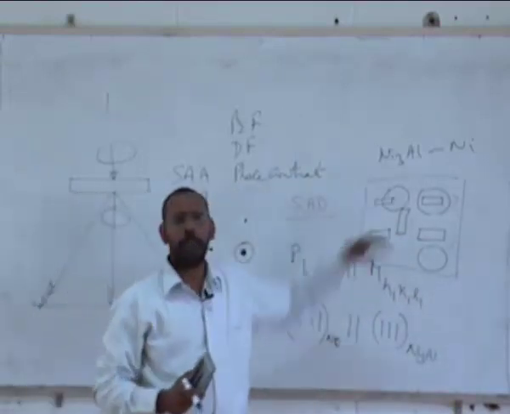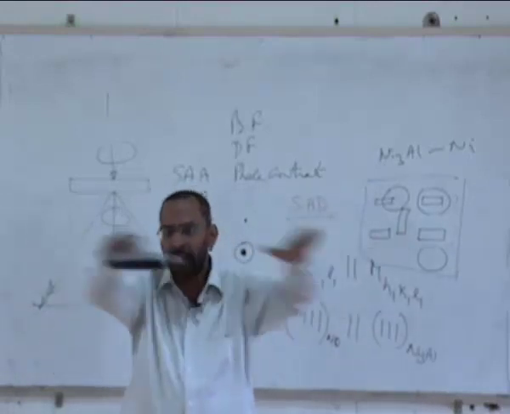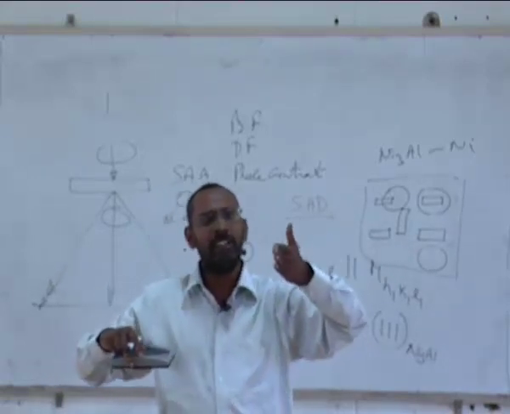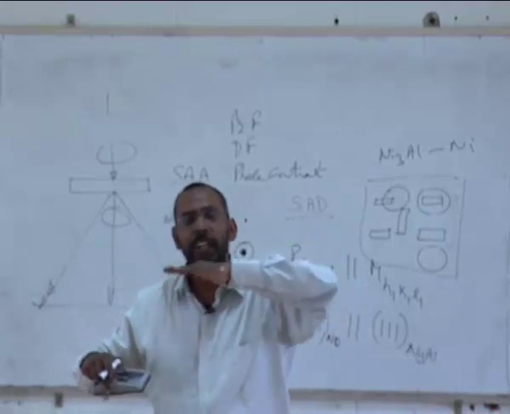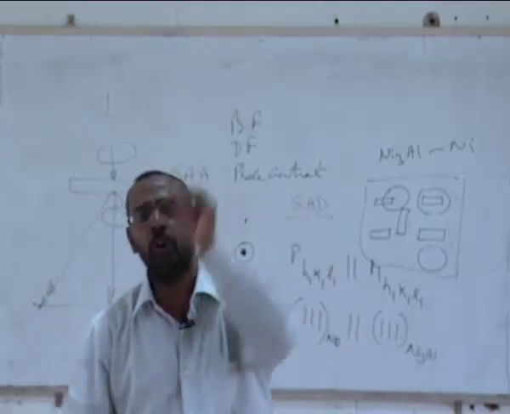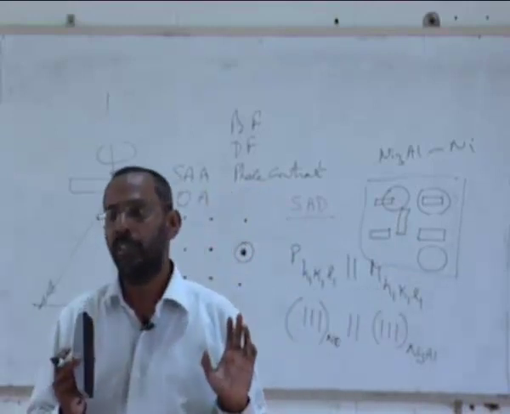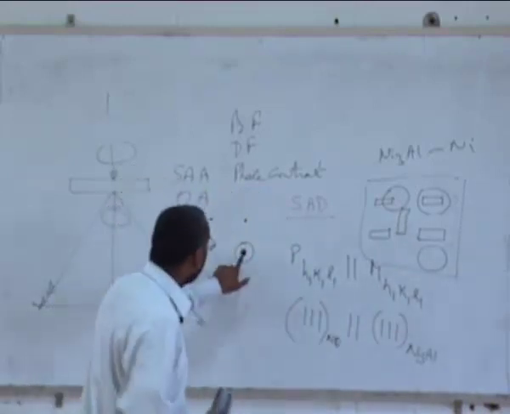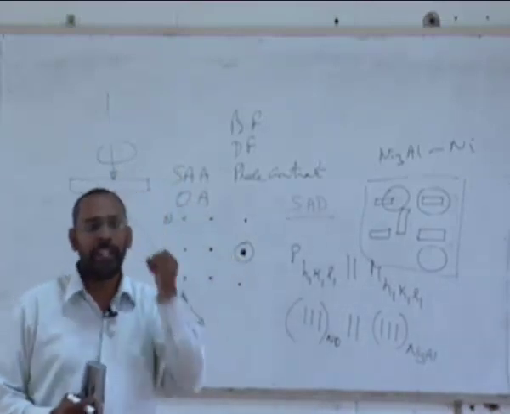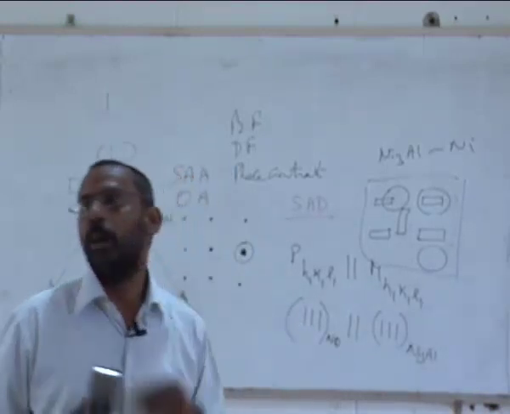Because there are so many precipitates, out of all of them, if I am considering my sample is a planar sample, right? In this planar sample, if I look at these precipitates, some of them may be at an angle, some of them may be parallel to the surface, and the planes which are parallel to this particular surface, which are giving the diffraction pattern, those precipitates alone will look bright, rest of them will be dark. So the ones which are giving this, the precipitates in which this particular plane is active and getting diffracted is the one which will look black. And this is how we can talk about bright field and dark field.